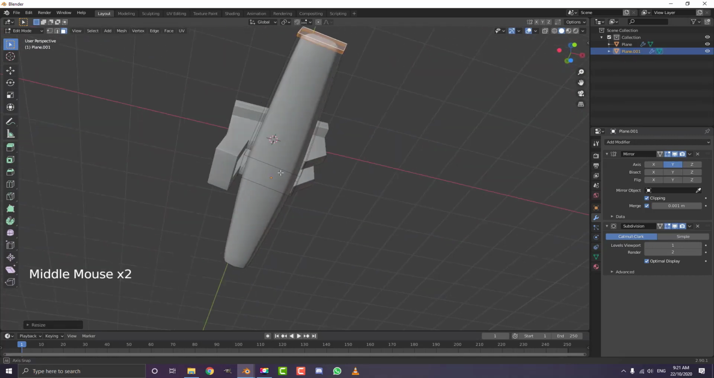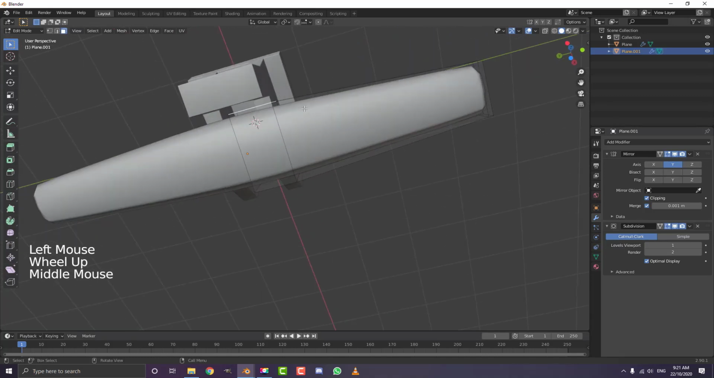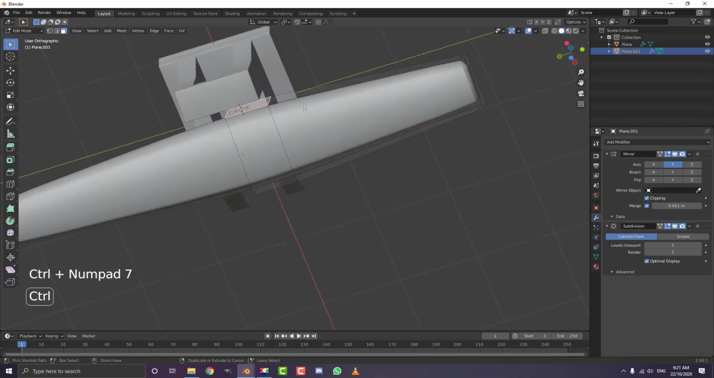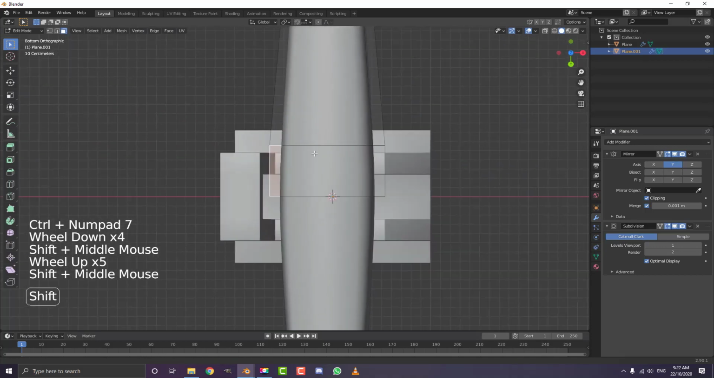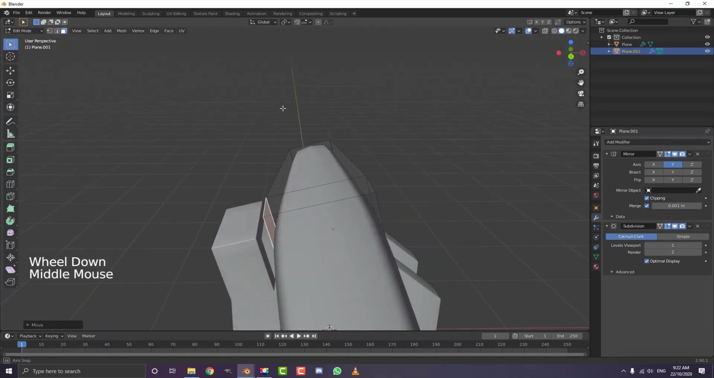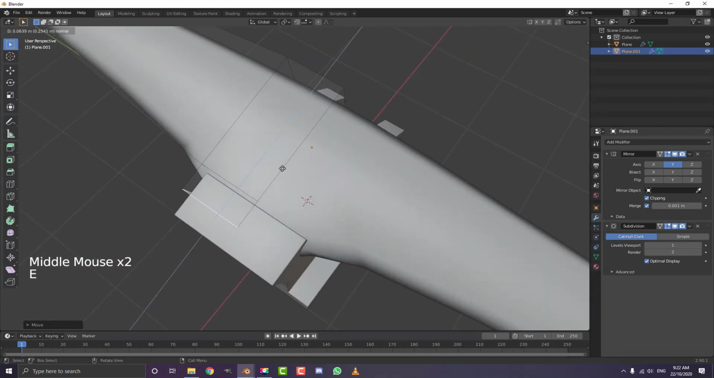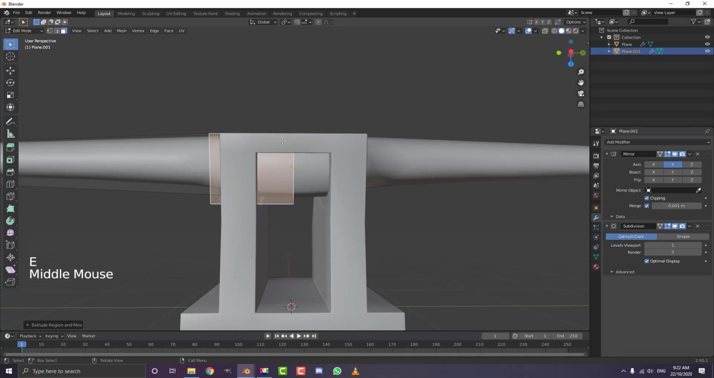And then what we're going to do is we're going to select this face down here. We're going to hit 7 or Control 7 or Command 7 to go to your bottom orthographic view. Then we're going to go G, X and move this over a little bit, like that. And then we're also going to extrude it. So we're going to hit E to extrude, bring that face in, and then G, Y, and moving it in